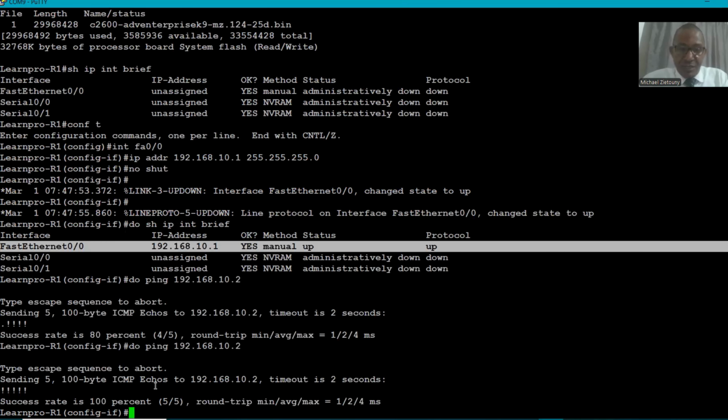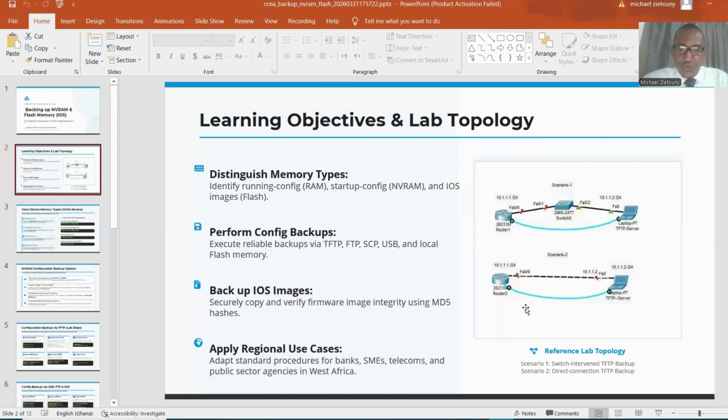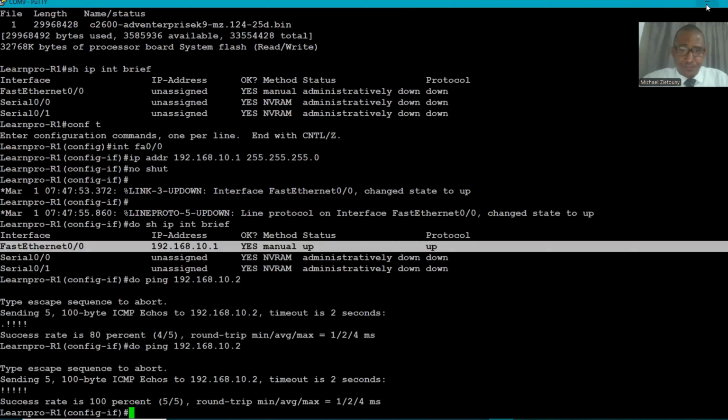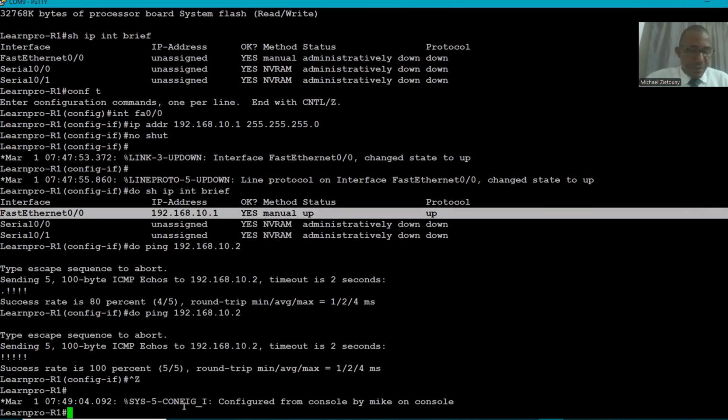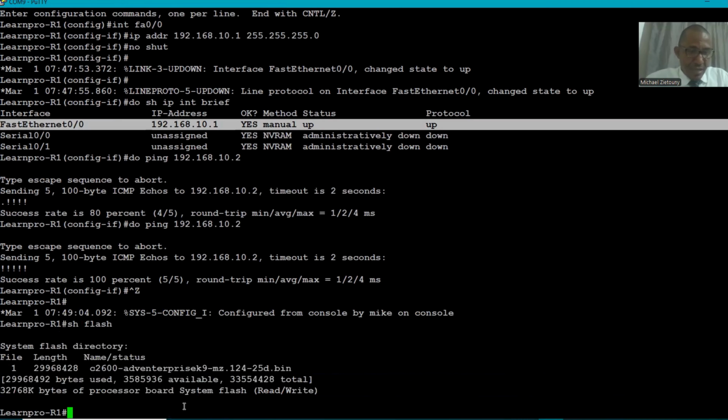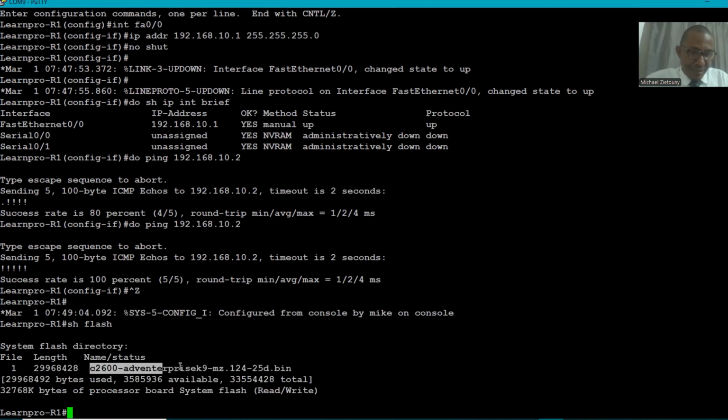Note once again, I stated that I'm using this scenario here, which I have a crossover directly connected, and then also with a rollover cable. So let's start what we had to do. First, I want to back up the flash memory. Again, I will say show flash, and I can see this is the name of my flash,